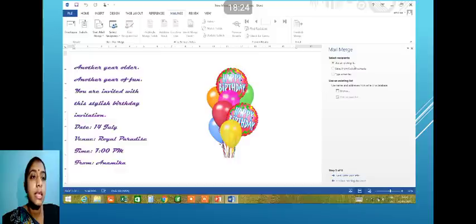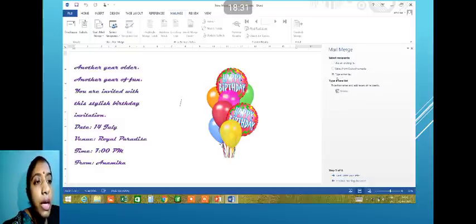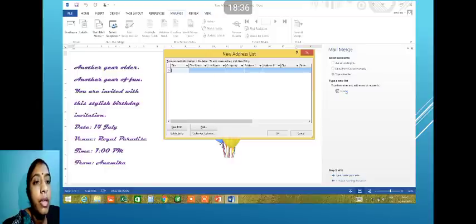Yes, this was select the recipient. Now use a existing list or type. We have to type a new list. Yes, we have chosen that. Click on create. When we click on create, as I have shown you in the previous windows, yes, you can see so many fields are there. I don't require all. So what I will do, there are many now, I have told you earlier. Yes, name, company name, address line 1, address line 2, city, state and all.